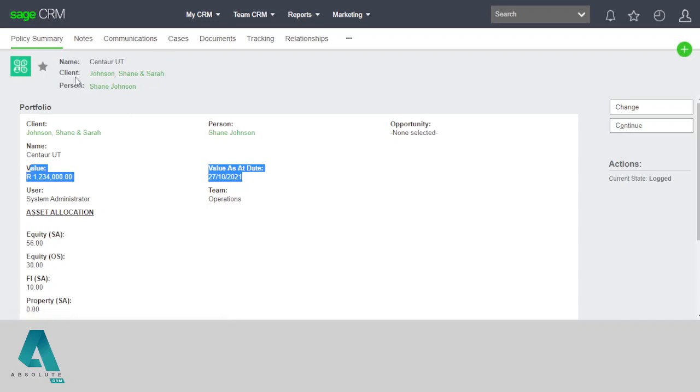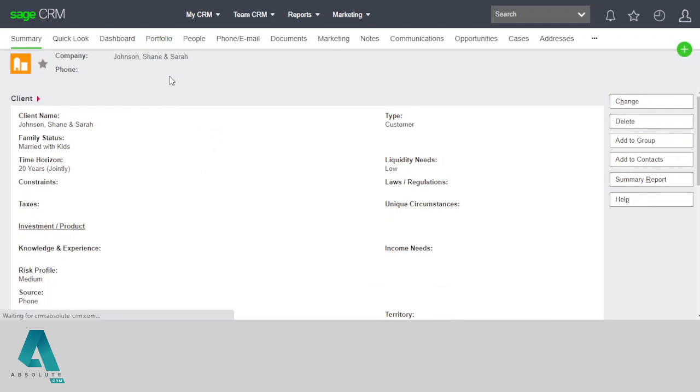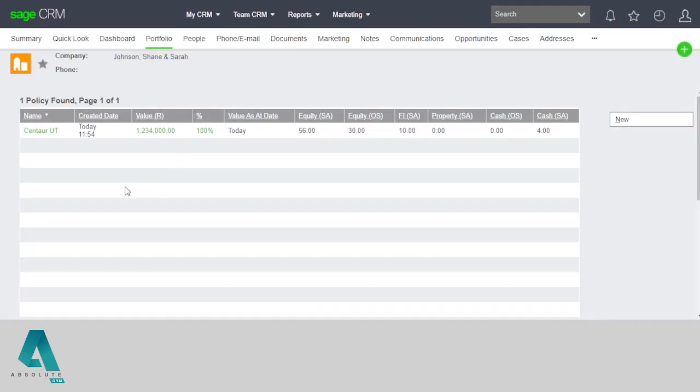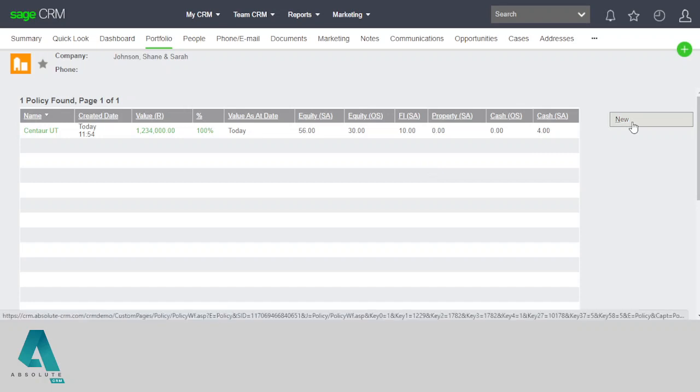Okay, but if I now go back into the client profile itself, click on Johnson, Shane and Sarah, the client name, and we now click on the portfolio tab, you would see that we've got the one policy found there. We've added a calculated field in here, and I know that was one thing that you were specifically asking for, the allocation in terms of the different policies as well. Now, obviously, they only have this one policy, so that is taking up 100% of their portfolio. And obviously, when I now go and create a second one,